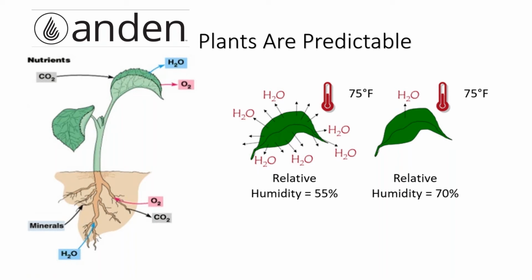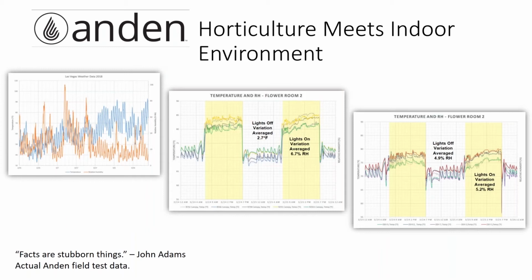Now, there's a lot of factors that you have to look at when you're talking about these plants. The growing medium is going to be a factor. Are you using coco? Are you using a water table? These are all things that you need to understand when you're doing this, but we can understand how the plants are going to react and what makes those plants decide to transpire moisture and what makes them decide to keep that moisture in. And without explaining every single one of these graphs, because they're infinitely boring and they look like a bunch of squiggly lines, what I can tell you is when you marry that horticultural expertise with that environmental control expertise, you are capable of actually changing a room and making a room do exactly what you want it to do.